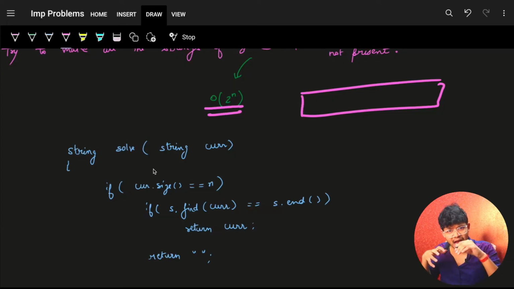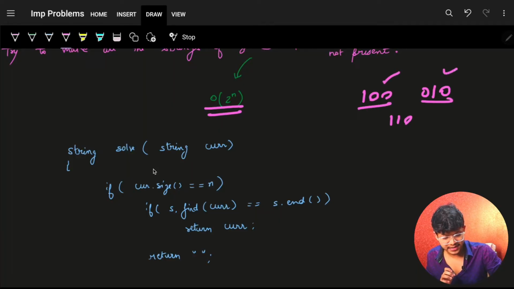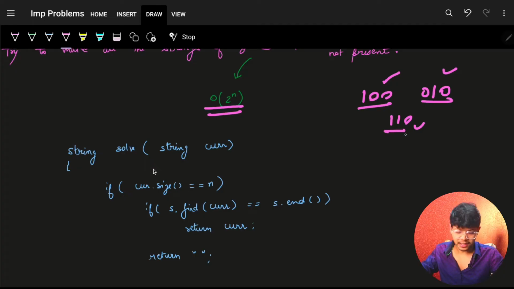Firstly, hash things out, which means 100, 010, 110, like these 3. I'll hash them and say, okay, it is there in my hash set. Now when I'm doing my recursion and iterating and building all those 2 raised to the power n strings,